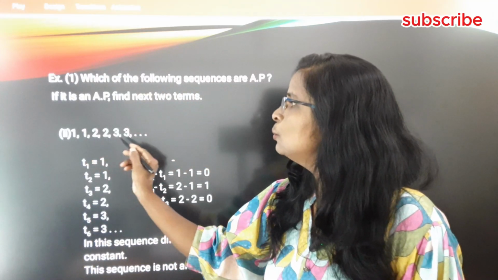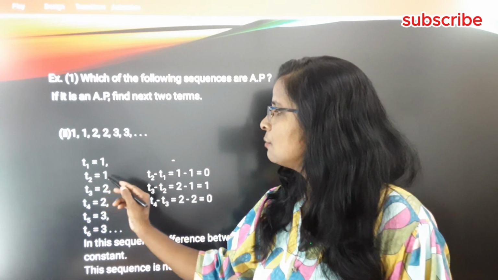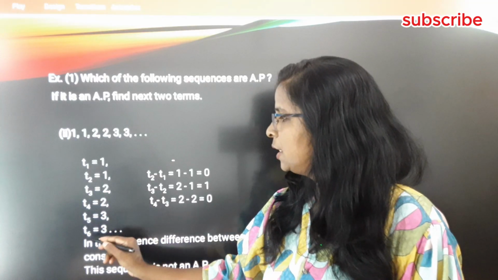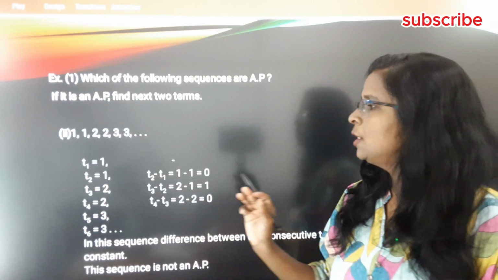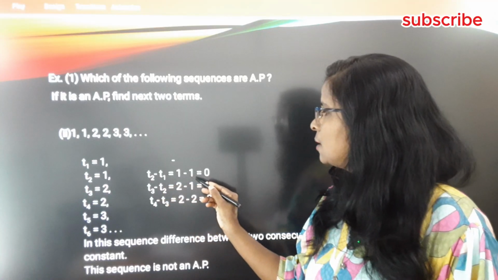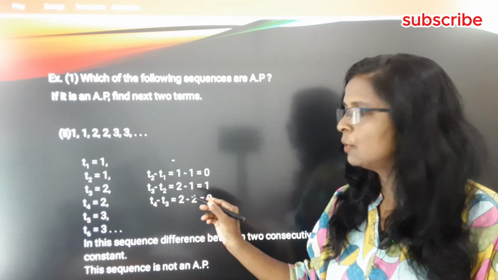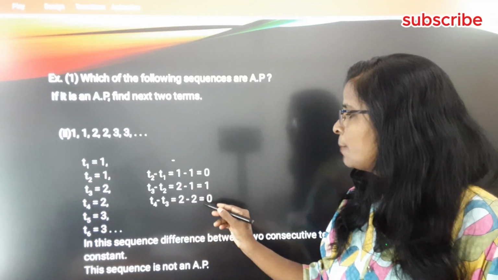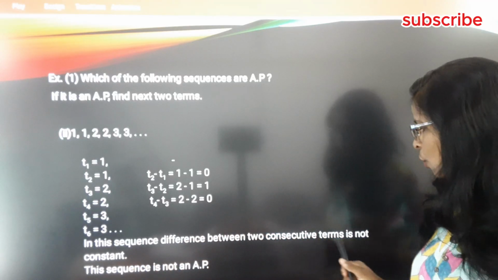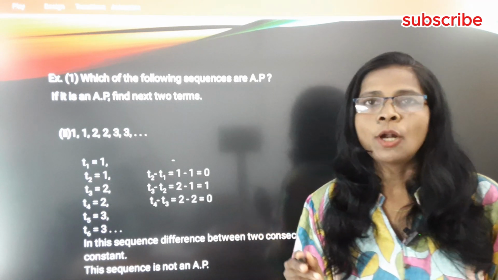1, 1, 2, 2, 3, 3, and so on. Here T1 is equal to 1, T2 is equal to 1, T3 is equal to 2, T4 is equal to 2, T5 is equal to 3, T6 is equal to 3. Now the difference between two consecutive terms, students: T2 minus T1 is equal to 1 minus 1 is equal to 0. T3 minus T2 is equal to 2 minus 1 is equal to 1. T4 minus T3 is equal to 2 minus 2 is equal to 0. So in this sequence, the difference between two consecutive terms is not constant,